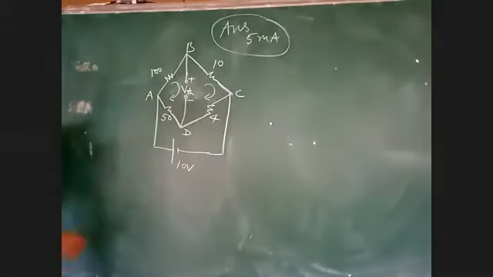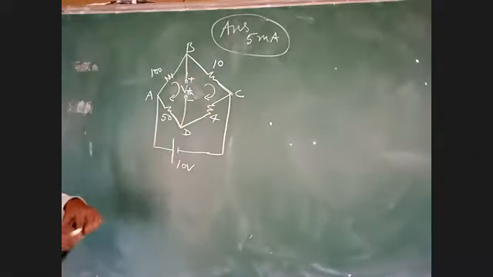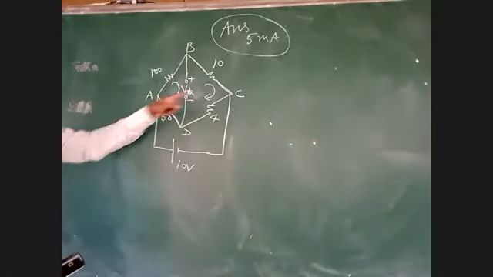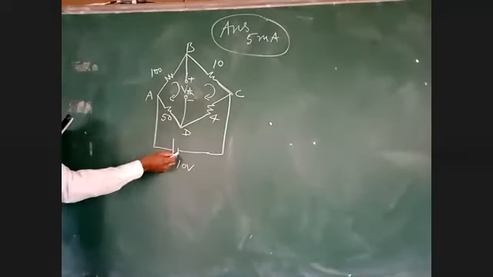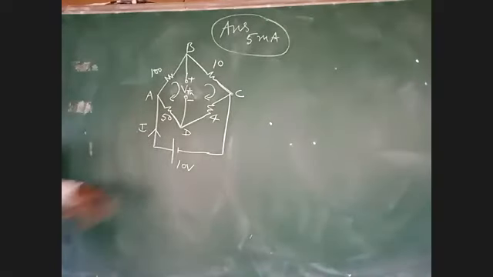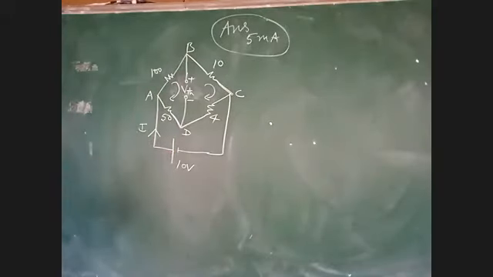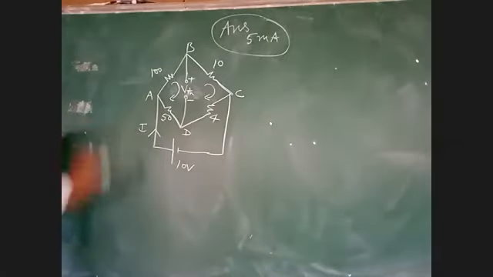For writing this loop equation, I need plus and minus for these resistors. How can I keep plus and minus? These are only reference directions, and we can't assign plus and minus based on them because they are not current. Then what I will do is, see here, from negative to positive your current will flow. From the battery, current flows from negative to positive. I is the current. The battery is delivering the total current I. This is total voltage. This is total current.